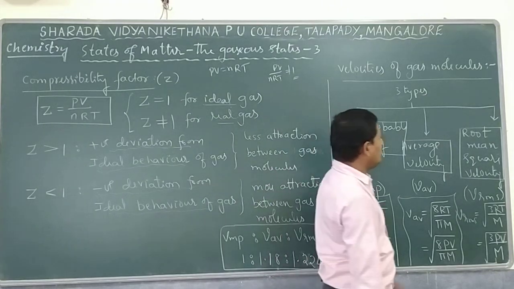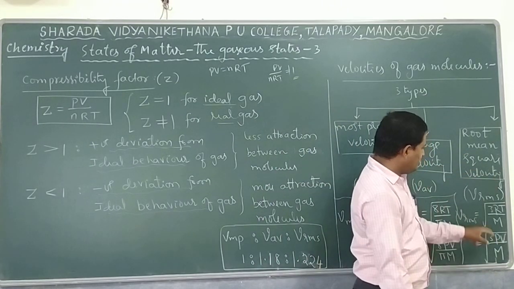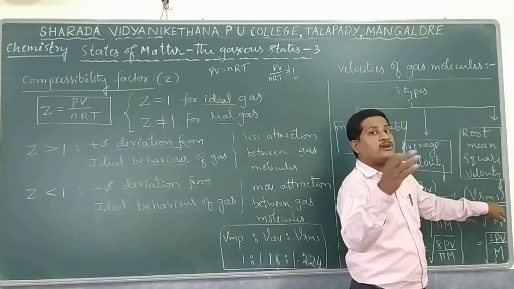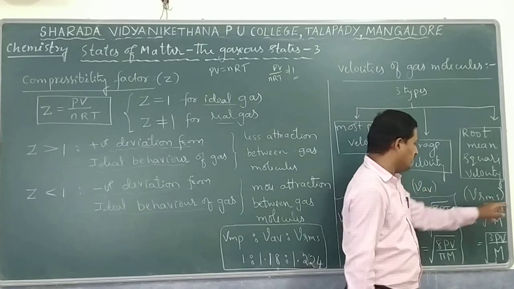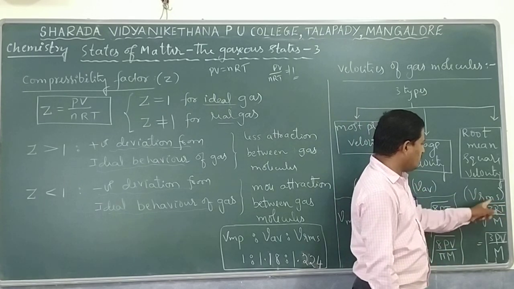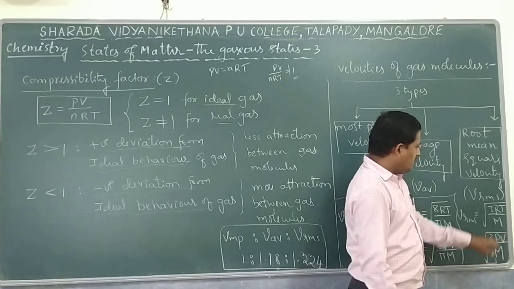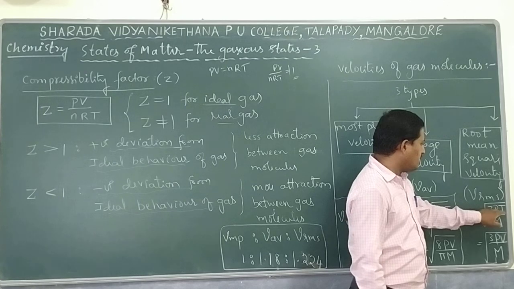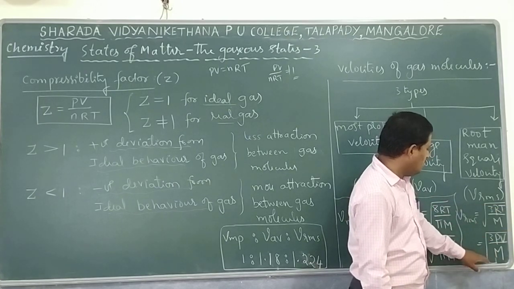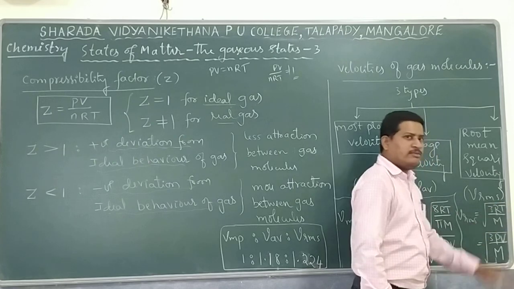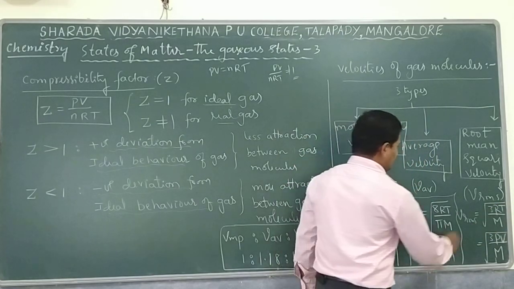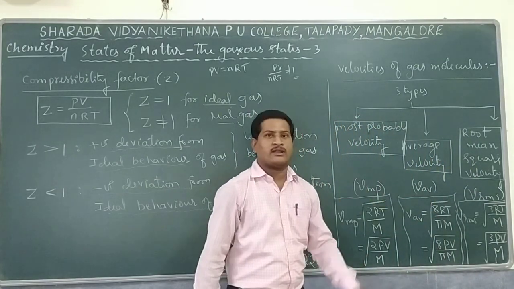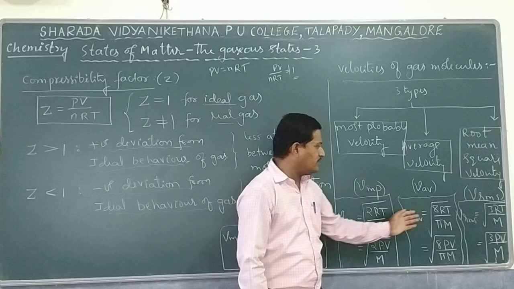The last one is root mean square velocity. It says the square root of the mean of the squares of velocity of a molecule. That is measured using the relation whole square root of 3RT divided by m. And you know again PV equal to nRT. For 1 mole, PV equal to RT. As a result, RT replaced by PV, we get one more relation: whole square root of 3PV divided by m. In all the cases, square root is there. So this is the relation used to find the RMS velocity. All these three relations you have to remember, and definitely there will be a question from these relations.